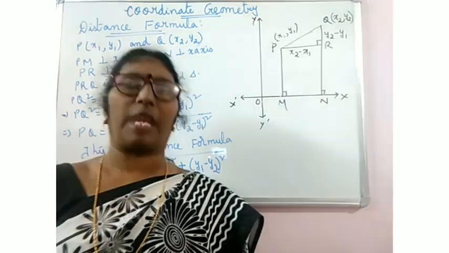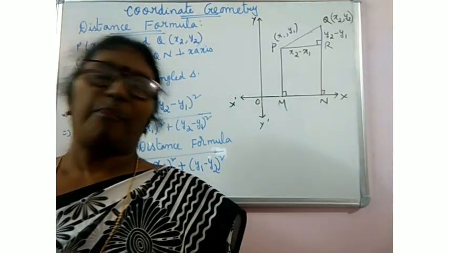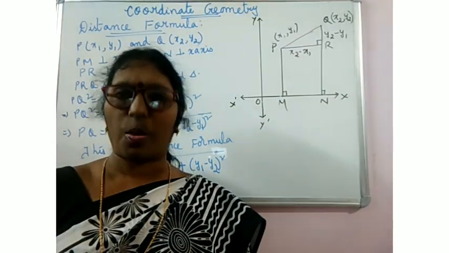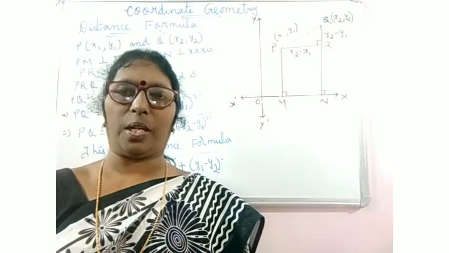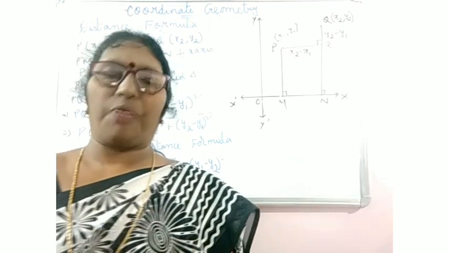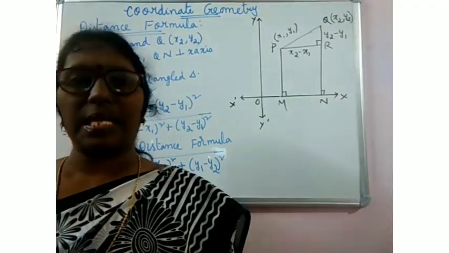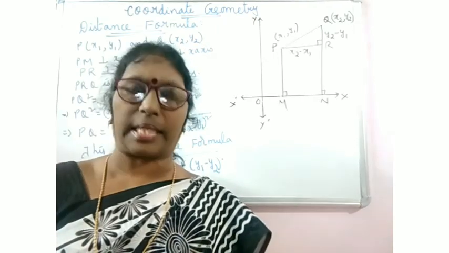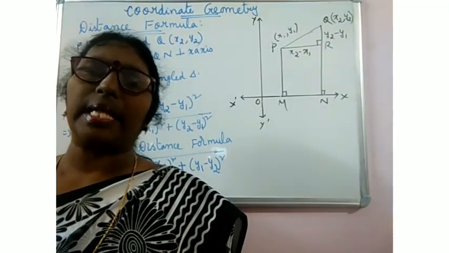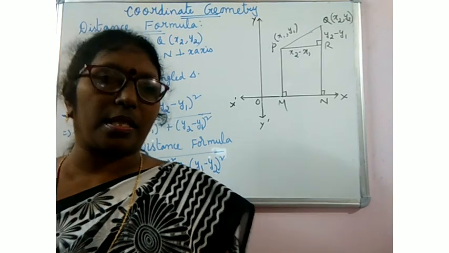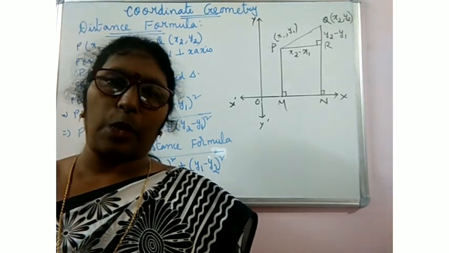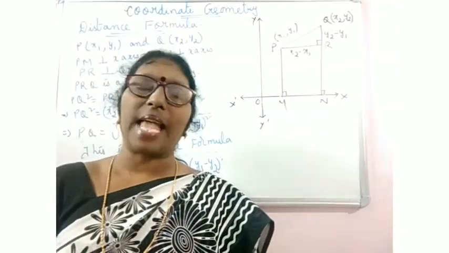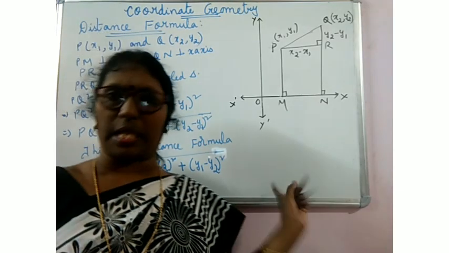If you want to show that the given 4 points form a rhombus, simply you can show that all the sides are equal. But if you want to show that it is a square, in a square the diagonals are also equal. So a rhombus in which the diagonals are equal is a square. And in order to show that a parallelogram is a rectangle, one way is opposite sides are equal and diagonals are equal, or opposite sides are equal and each angle is 90 degrees, which you can also show.